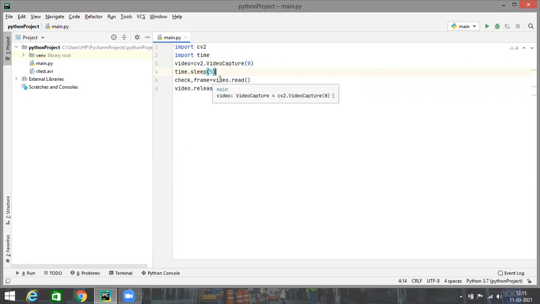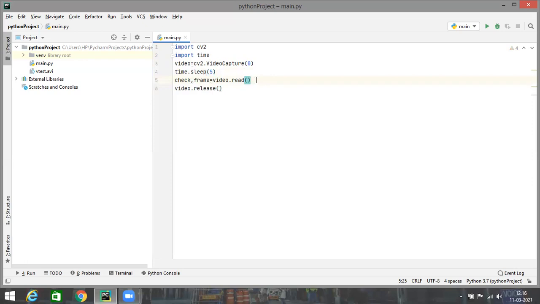Now there will be a delay added for 5 seconds, and after those 5 seconds, the video.release method will be invoked, so that the webcam will be released only after 5 seconds. Okay. So you'll be able to read the frame for 5 seconds. And in those 5 seconds, whatever the first frame being read will be taken into account. Okay. I hope I'm clear from here.